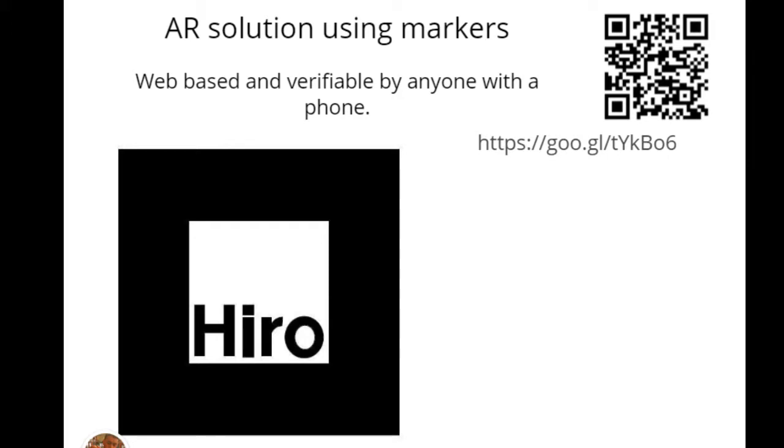And all the browser is doing with the JS is looking for a really thick black border with a lot of white inside and then trying to figure out what's inside. There's a bunch of libraries you can use to generate these. You can create an image and say, here's my image, now turn it into a hero marker, and it spits out a bunch of numeric values separated by commas to represent this image, that JS then looks at and evaluates and says, yep, this looks like what I expected. Now I know which image to fetch and overlay.